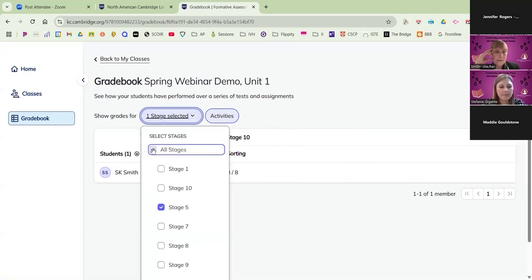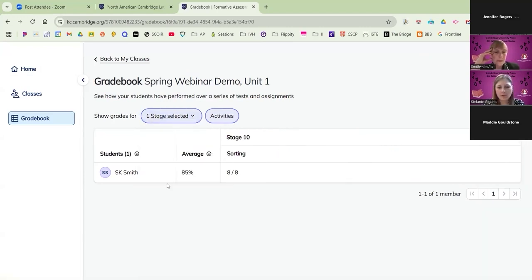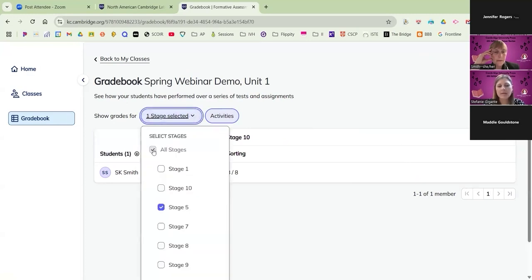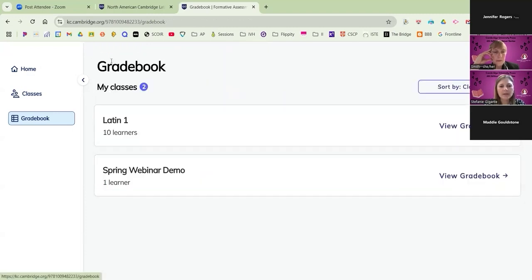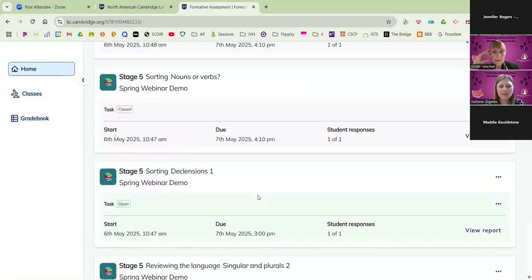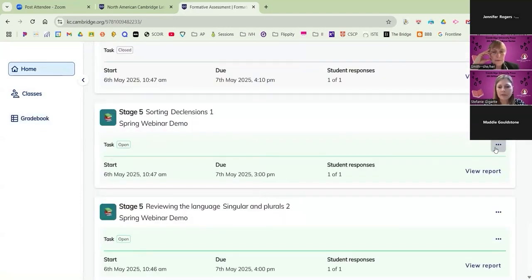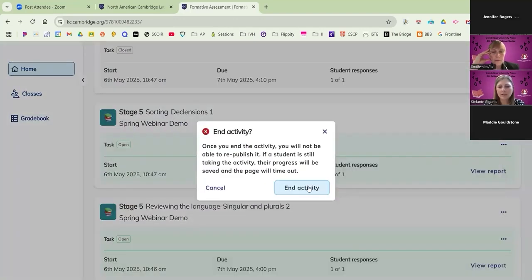And so what do we need to focus on specifically with regard to inflections? All right, I can also just gray out everything. I could sort my students by their average. I can click that in, and then look at all of the various activities in the stages here. I know it looks incomplete because what I have to do is close out the other activities that have to do with the other stages. So anything that's open, I'll go ahead and close now.